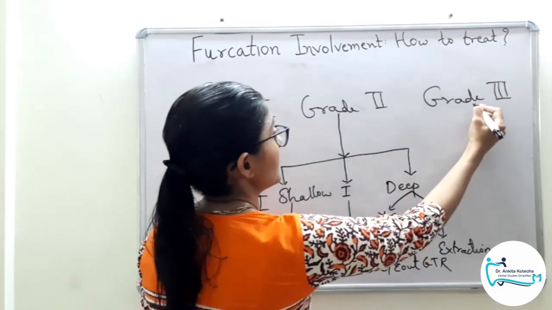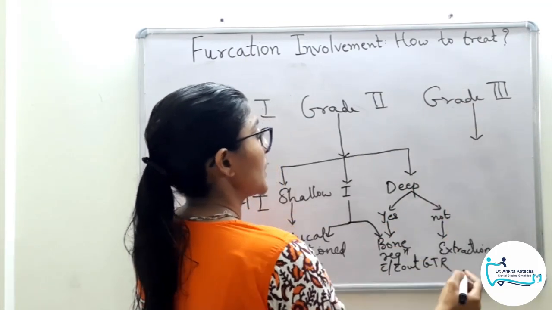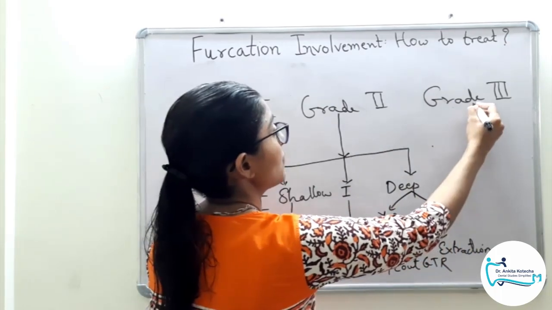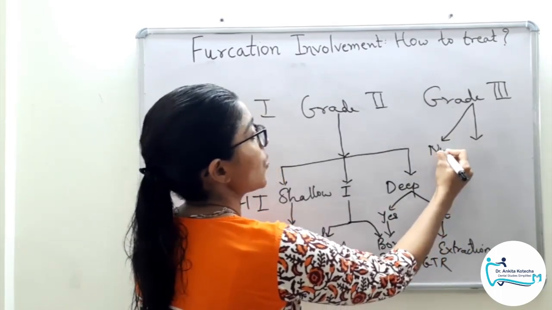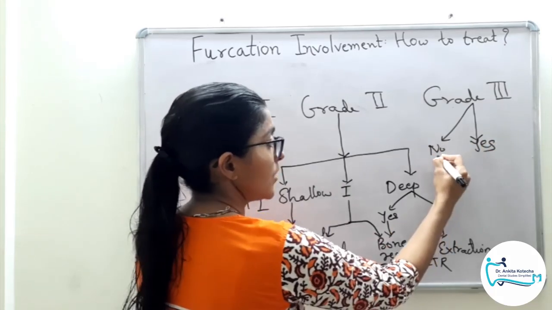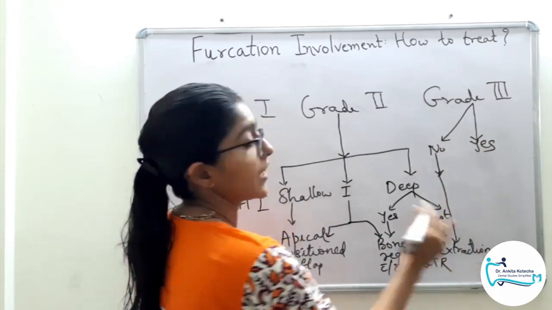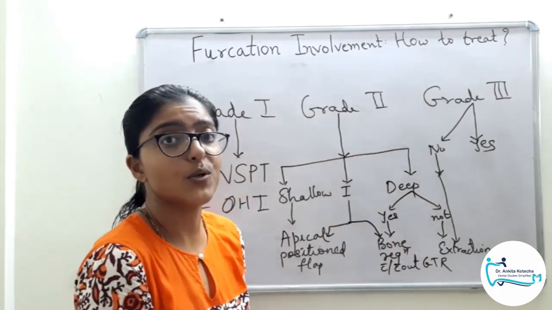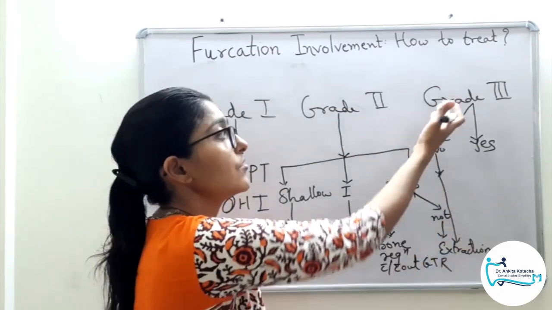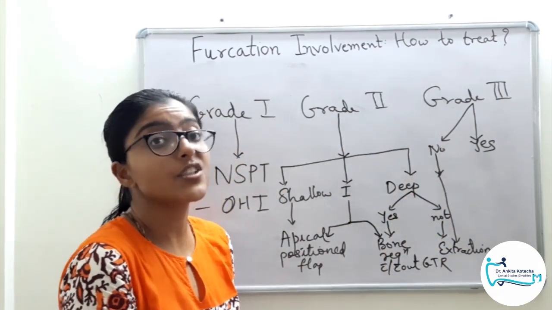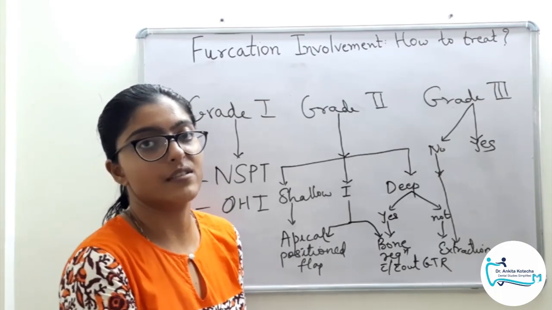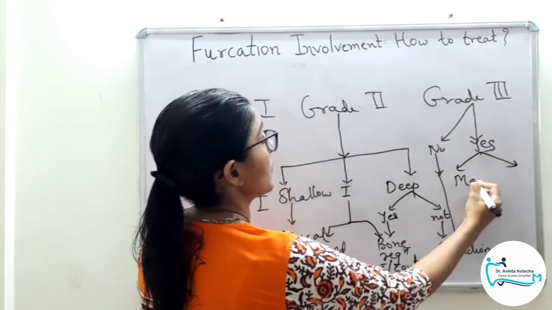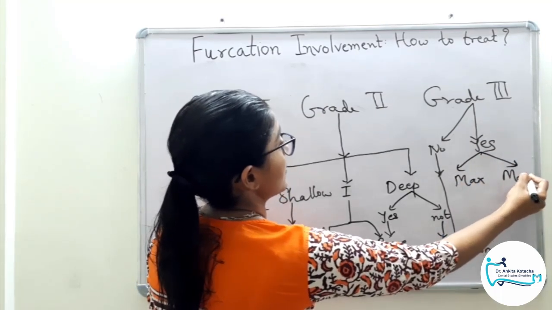Coming to grade 3, it is different for both maxillary and mandibular molars. But again the first point is whether it is strategic or no. So if it is not strategic, consider extraction. Simple. Yes, when we can consider grade 2 furcation involvement tooth of no strategic value for extraction, grade 3 is a definitive answer for extraction if the tooth in question is of no strategic value. But if it is of strategic value, then the treatment plan is different from maxillary teeth and mandibular teeth.